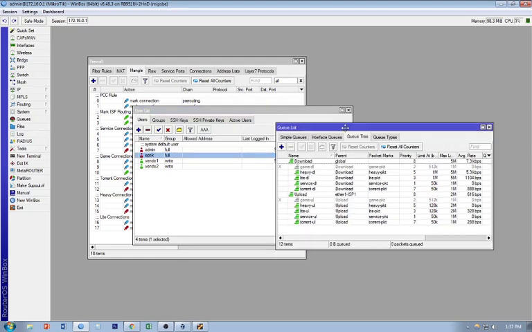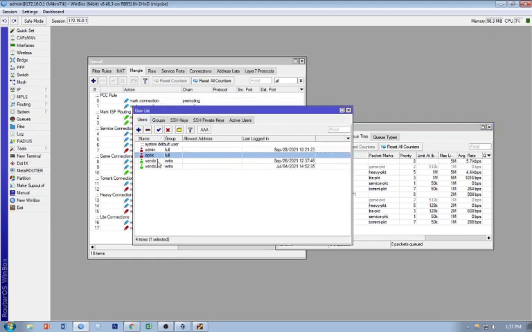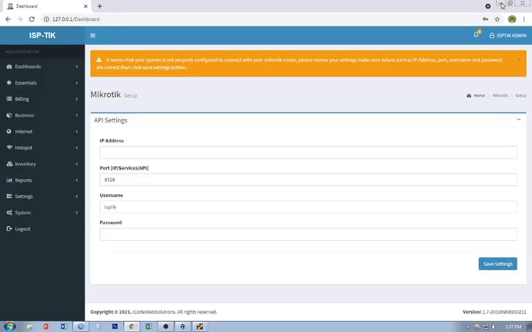So yours might be different, but for the sake of demonstration, I have ISPTik and then admin as my password. Let's go back and then type the username that you have previously created on your Mikrotik. So here it is, ISPTik. I will just type my password, which is admin. And now